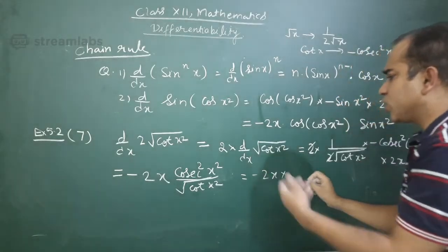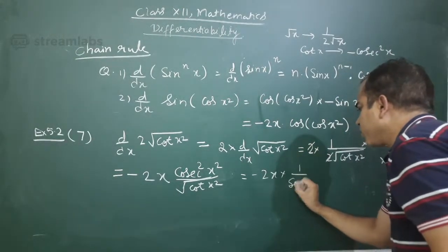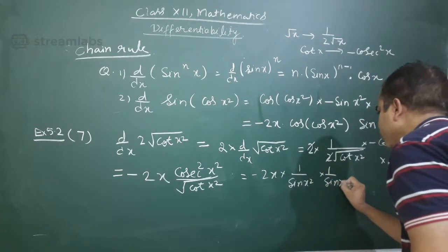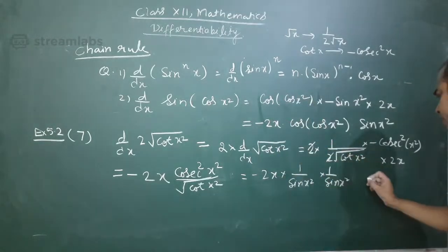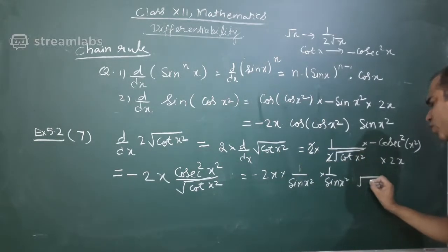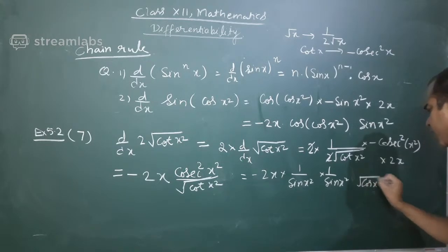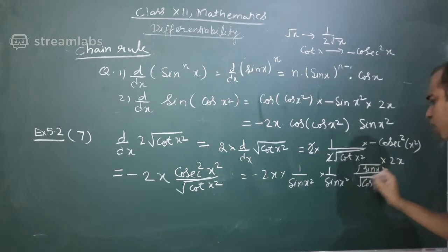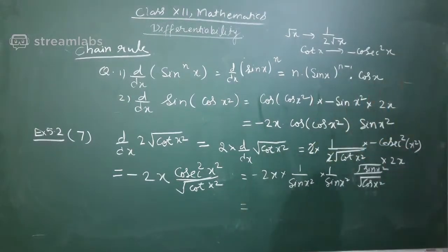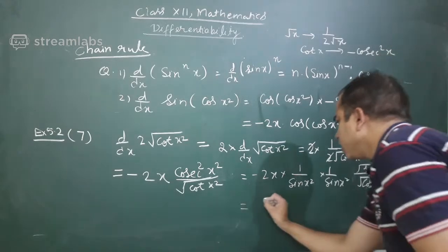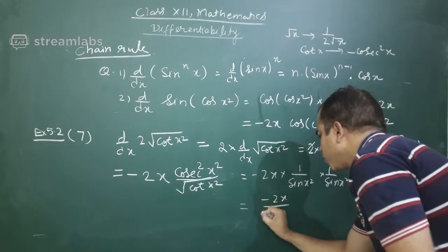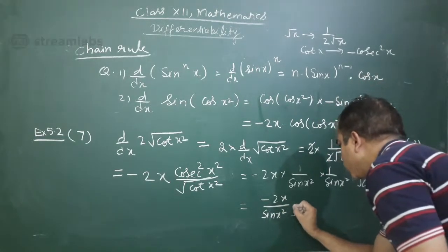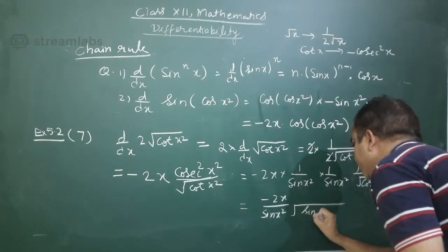Minus 2x, this cosec can be written as 1 upon sine, and 2 times can be written sin x square. Cot को भी sin cos में ले चले, तो root of cot means cos upon sine, cos x square, and in numerator sin x square. And then this becomes 1 root is cancelled, so minus 2x upon sine x square, and root of sine x square cos x square,